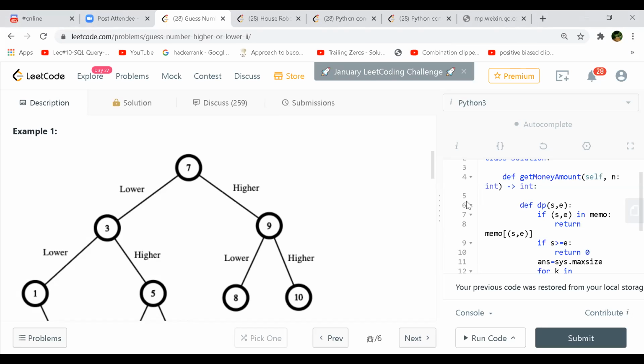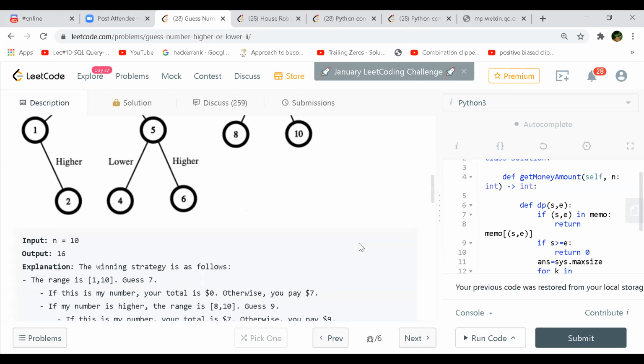So when you move to the high side, which will be from 6 to 10, it will be a value of 8 in the binary search case, right? So when we come to 8, if we pick this number and it's not the right choice, if we say it's still greater, then we are paying a penalty of 5 plus 8, which will be 13. Then when you are only on 9 and 10, and either of them you pick, 13 plus 9 will be the minimum, right? So in that case, it will be almost 22, right?